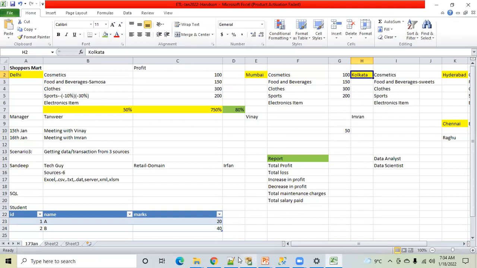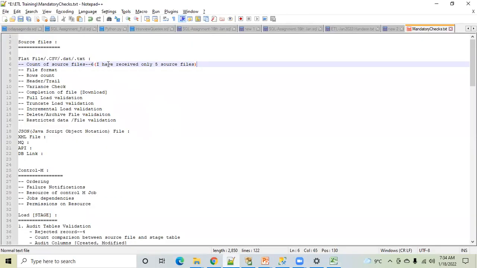Now, someone can say, okay, then we leave it. Why are you bothered about that particular file? Load the data from these 5 source files, show that on the report, then check which particular source has not sent the data, connect with them, and get the source file from that location. Is that a correct approach or not? No, no. Why? What is the problem with that?